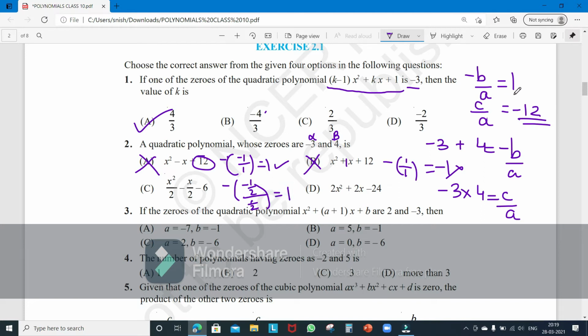Okay, it's satisfying this. Next, product of the roots is c by a. c is negative 6. Negative 6 by a, which is 1 by 2. 1 by 1 by 2 will become 2, right? So minus 6 into 2 will give you minus 12. So that is the answer. You can check the last option, of course it's not going to satisfy, so it's option 3. Okay, so copy it down.